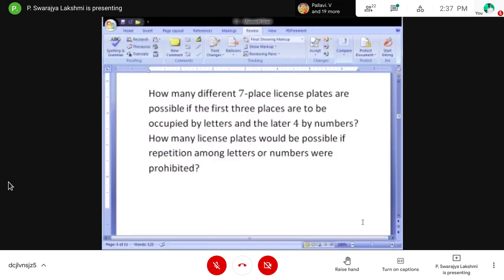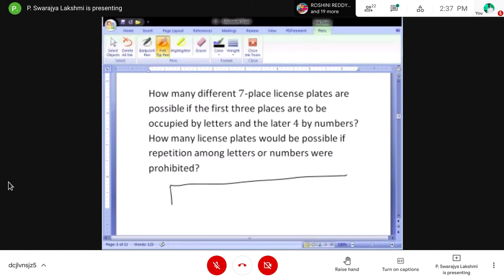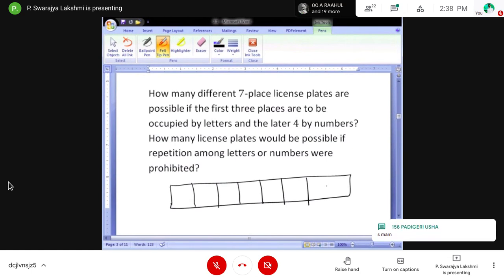How many places do we have in a license plate? We have seven places to create a license plate: one, two, three, four, five, six, and seven. Is it clear? We have to create a seven-place license plate.